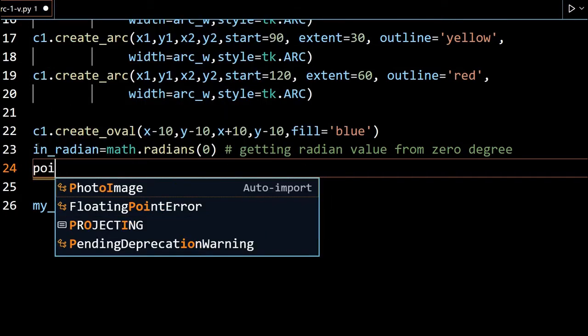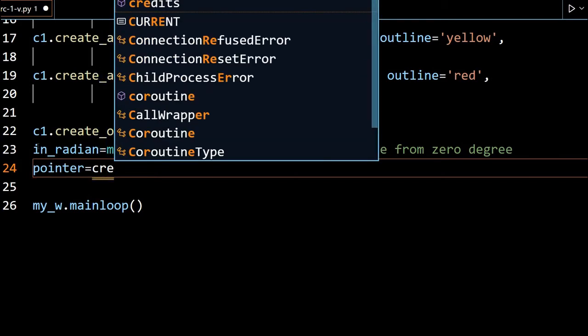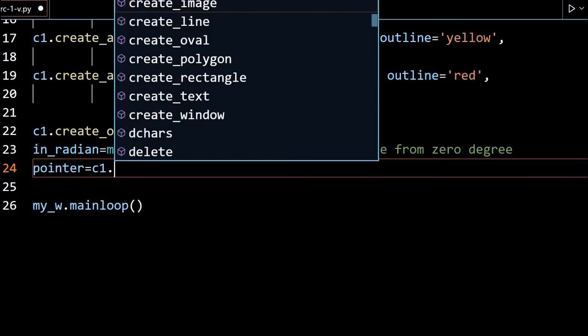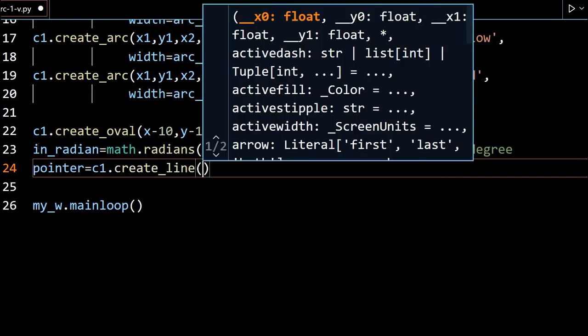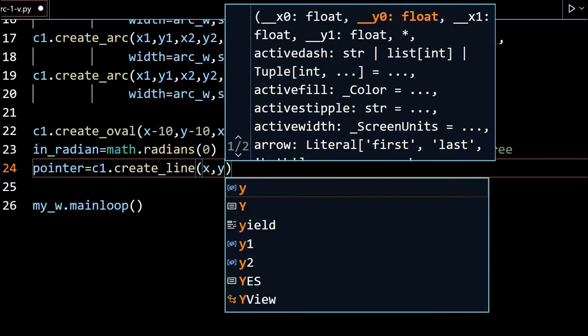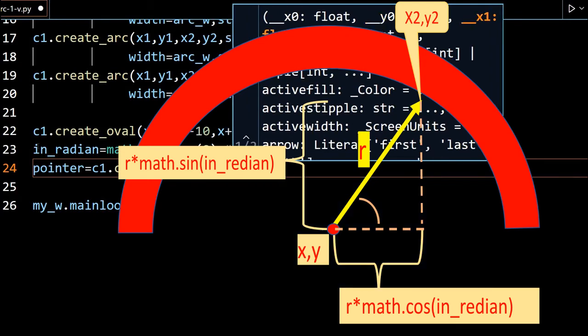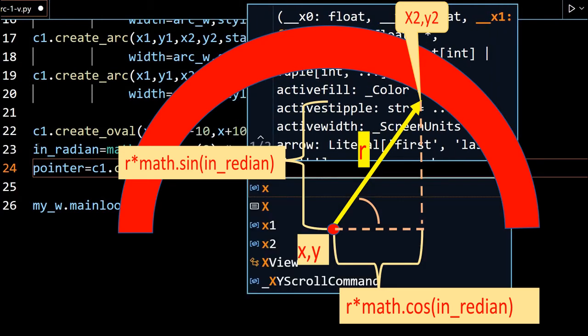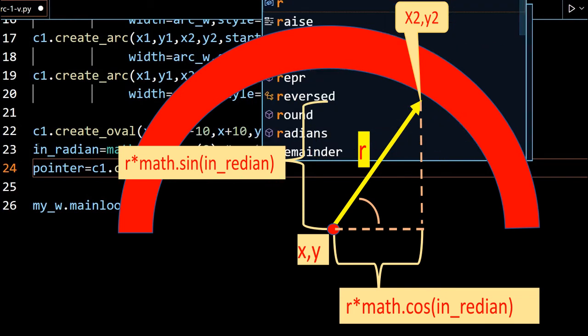Okay, pointer is a variable only. I will say C1 dot create line x, y up to, okay, the line starts from the center point, x and y. We are already aware of it. Where will it end? Now I am just writing it. This diagram will also explain how this comes.